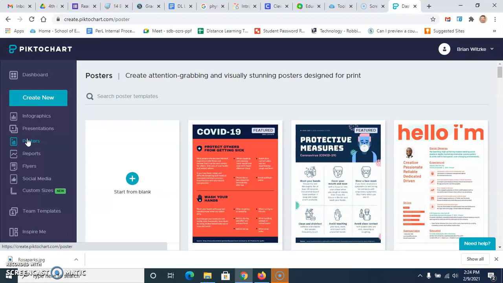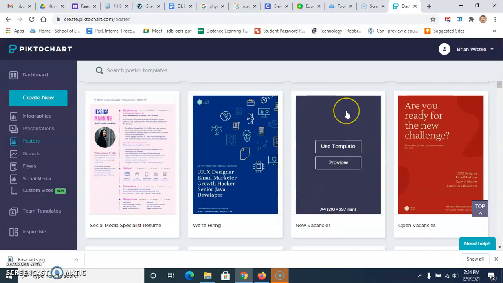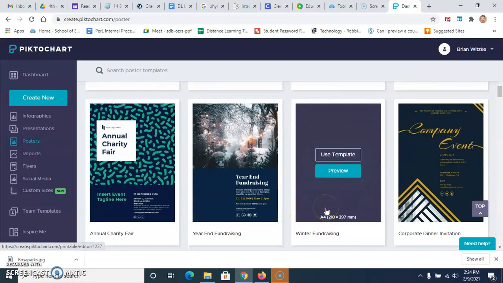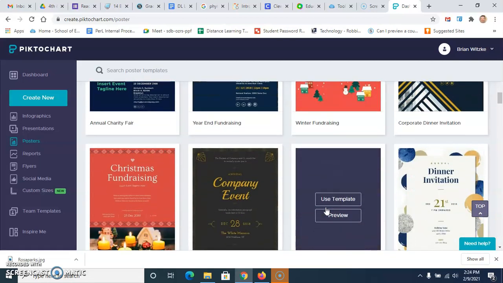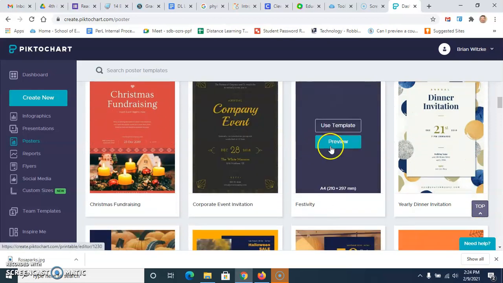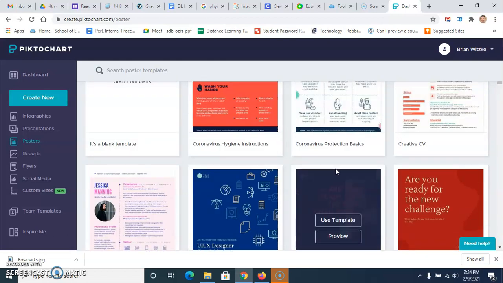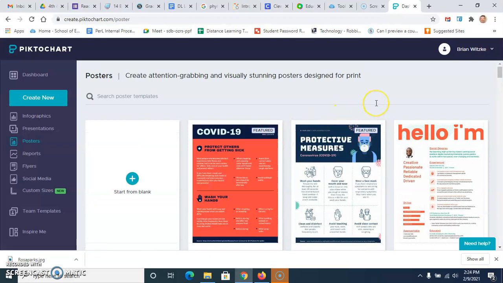And right away you'll see that there's a lot of informational poster templates that pop up in here. Now, as I said in the other video about the infographics, a lot of these are going to be more work for you than actually creating one yourself, because you're going to have to go in and delete things, and it's probably not going to be exactly what you want. A lot of these are really just for people that have businesses, or like here's one about COVID-19 that maybe would be up in a doctor's office, and these aren't really good for what we're doing. So you just go over here and you can click start from blank